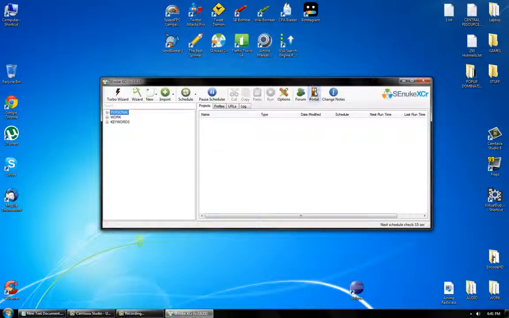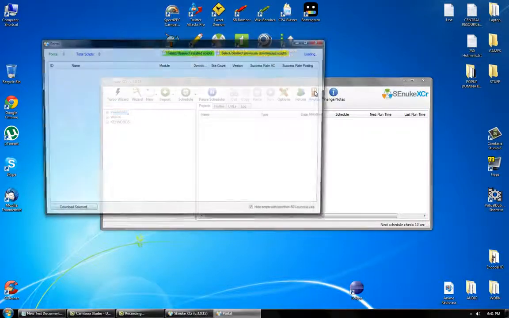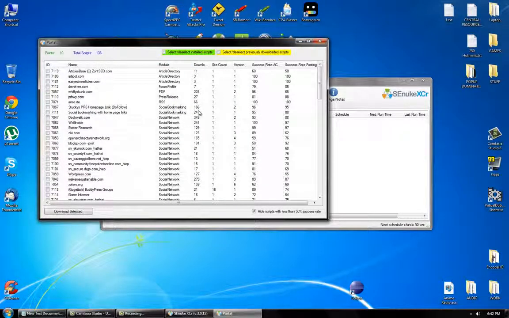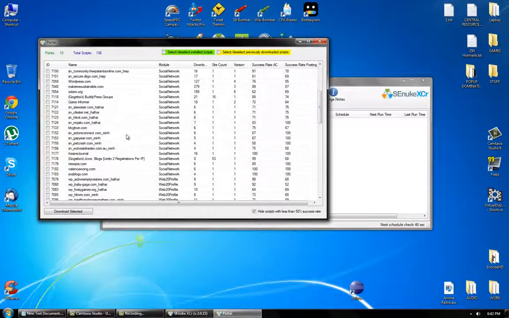So first off, I'm going to go through the portal just to show you guys what there is. Now, bear with me right now, there's only 136 scripts that are above a 50% success rate. I wouldn't really worry about that too much. I mean, Senuke XCR is actually quite new. I have 10 points starting off right off the bat, and each one counts as, I believe, a single point. I went through this list a little bit before, and the main things that I think are important are the RSS, the press release, the 3 article directories, and